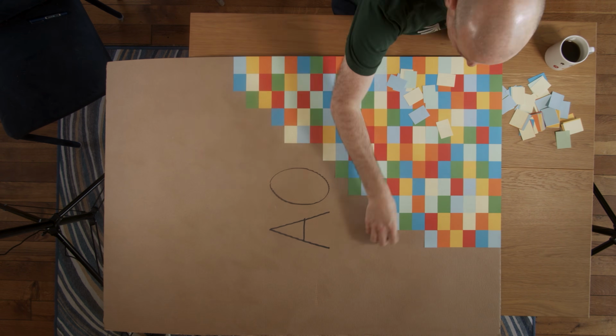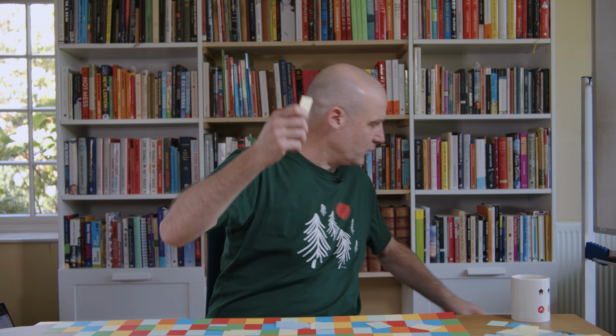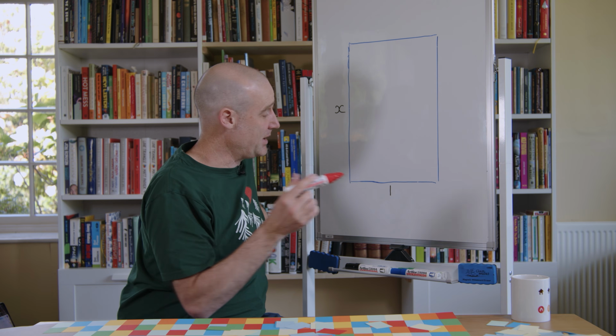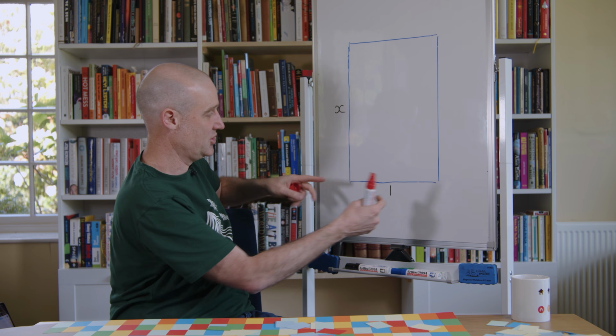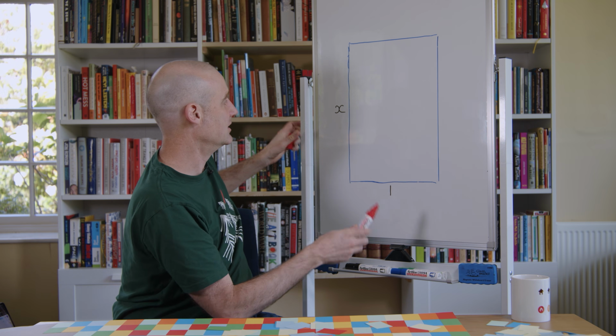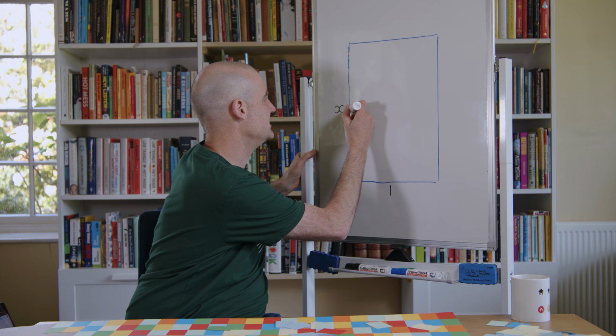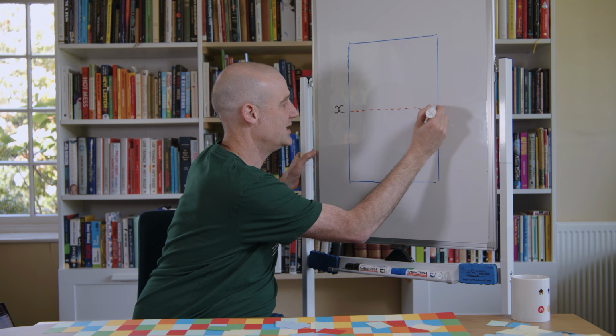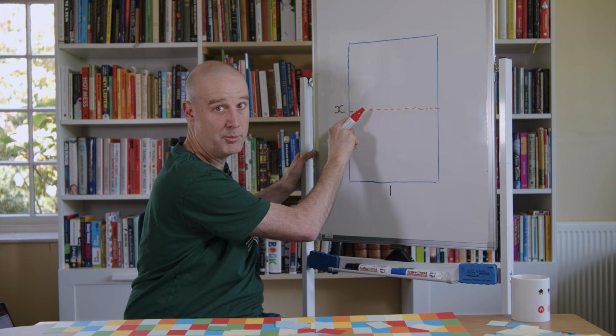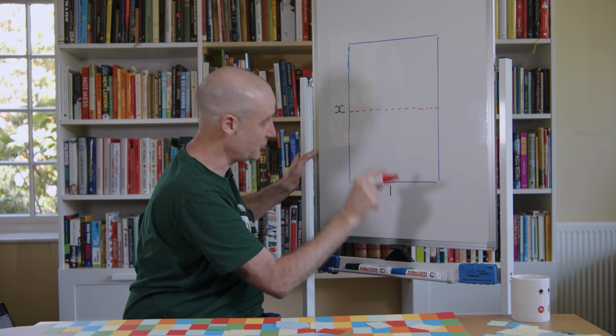Actually, as a quick break from doing this, let's talk about why we even want our paper system to be based on √2. So we start with a piece of paper where we're going to call the short edge 1 single unit, and then we've got x, which is the ratio of what you multiply 1 by to get the longer side. And what we want is to be able to slice this paper exactly in half. And what we end up with down here, this new sub-rectangle, has exactly the same ratio.